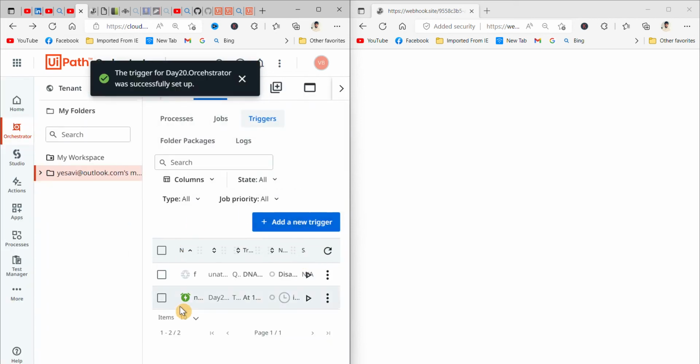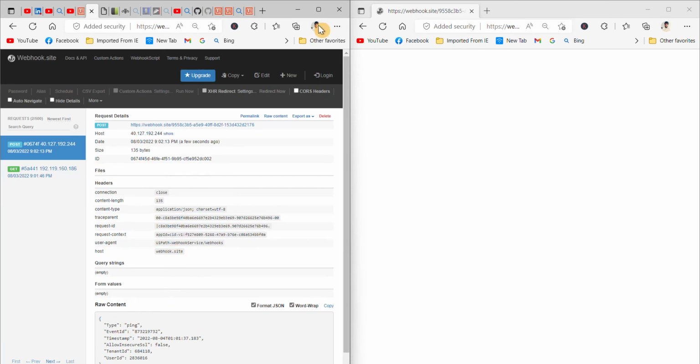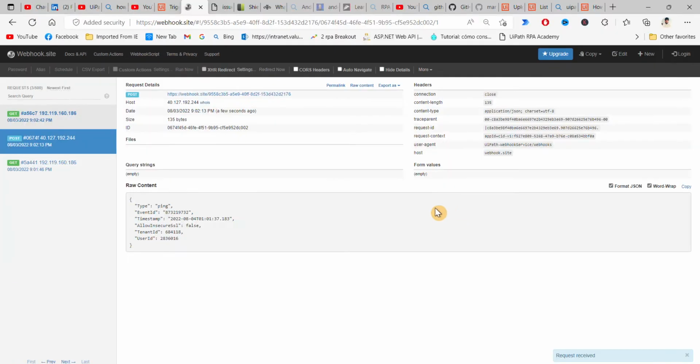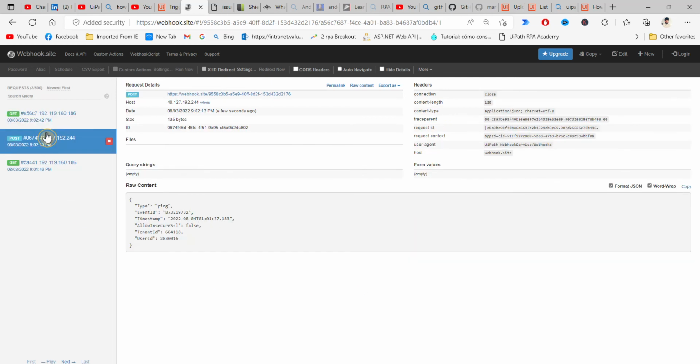Okay. Now when it is saved, there is a trigger that will happen. Let's see if that will show us or not. Okay, can you see here? Post happened. Refresh. Okay, that's not coming in here, but that's coming in here. So see here, webhook connection. This is what has happened, and